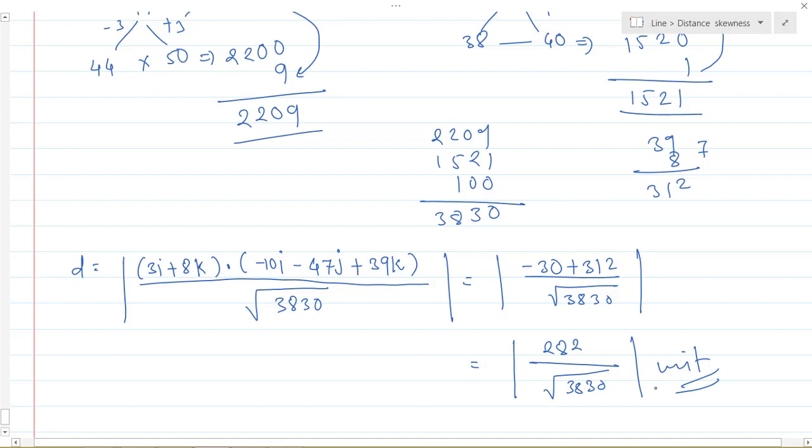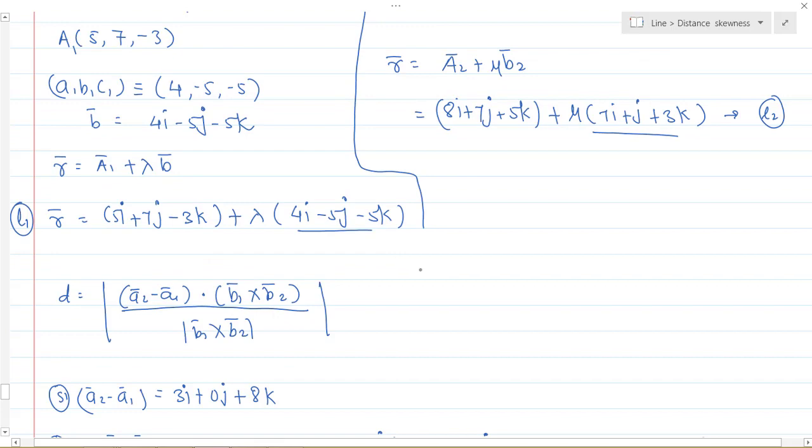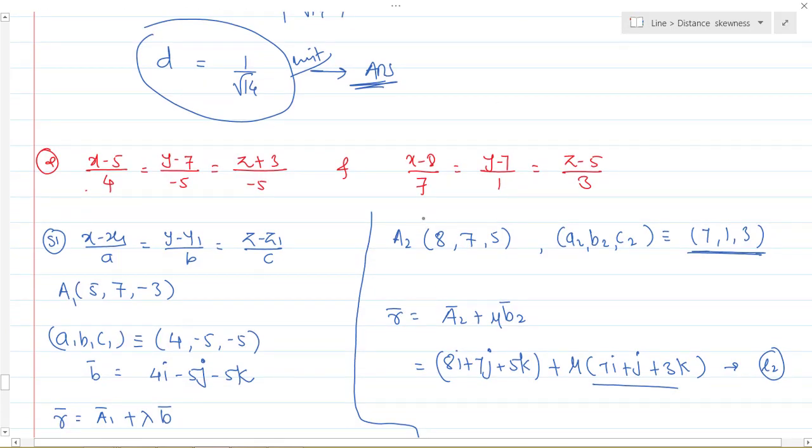I agree that this question involves a lot of calculations. I intentionally took this approach so that we can understand how to convert the given Cartesian form into the vector form. Okay, so take this as an assignment: solve this question in the Cartesian form also. What is the Cartesian form? It is the determinant del divided by the square root. Del is x2 minus x1, y2 minus y1, z2 minus z1. The second row is L1, M1, N1, and the third row is L2, M2, and N2. I hope you have seen that video already, and we can easily solve with the help of that. So take this as an assignment and submit the answer to me.